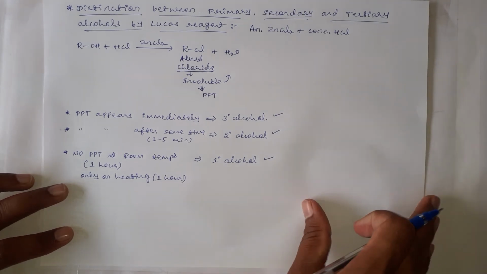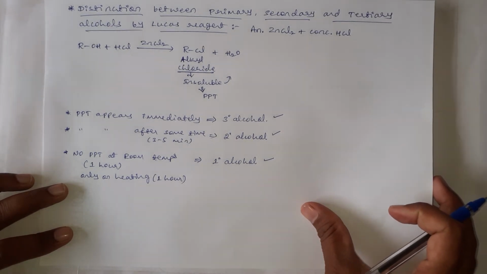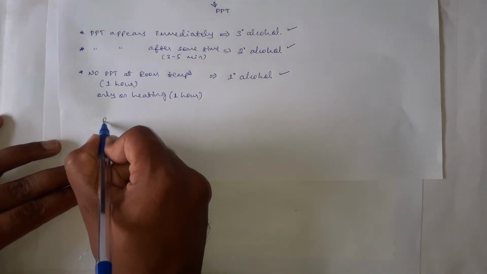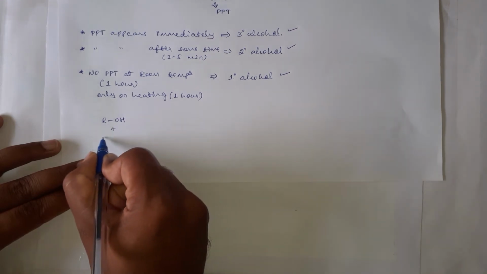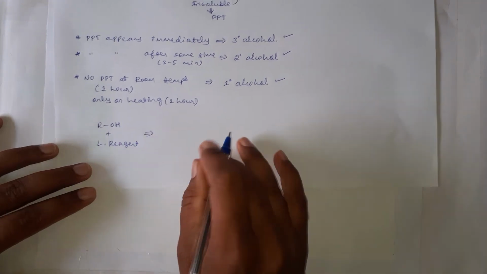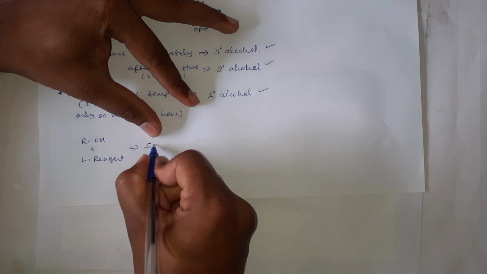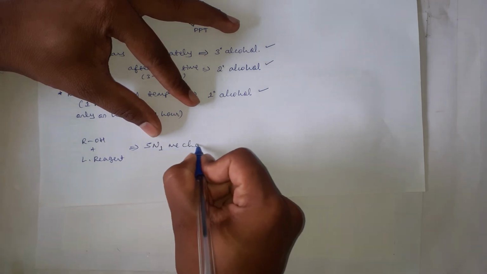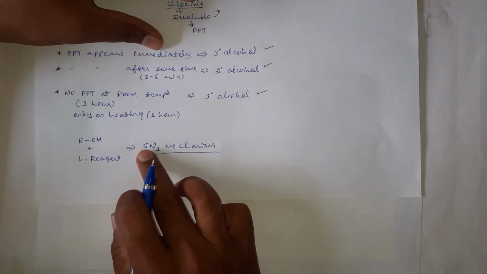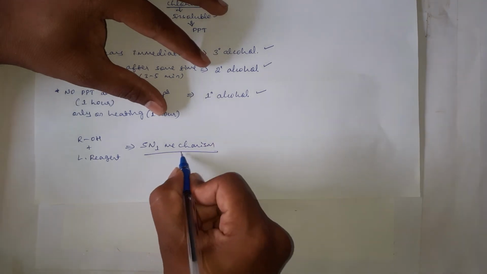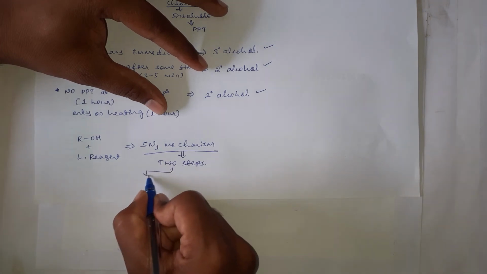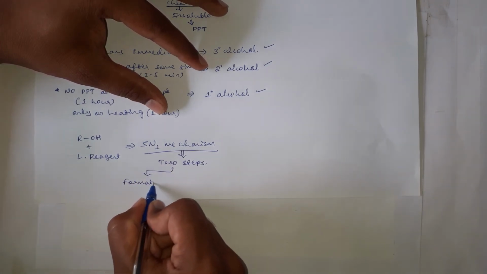Okay. Then why are these different alcohols reacting differently with the Lucas reagent? The reaction between alcohol and Lucas reagent follows the SN1 mechanism. This SN1 mechanism means substitution nucleophilic unimolecular mechanism, and it involves two steps. First one is the formation of